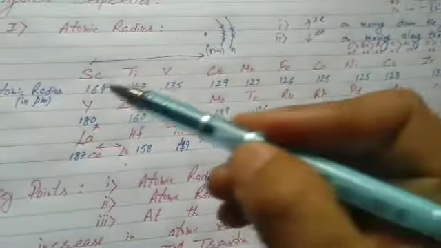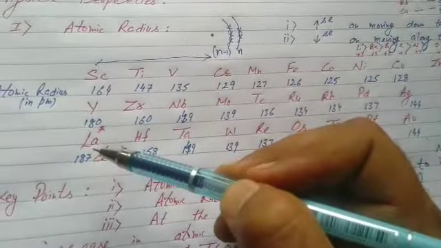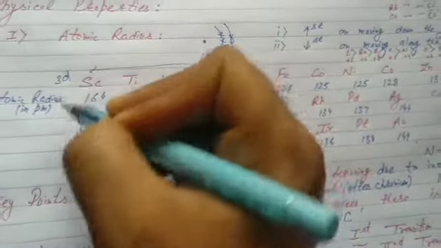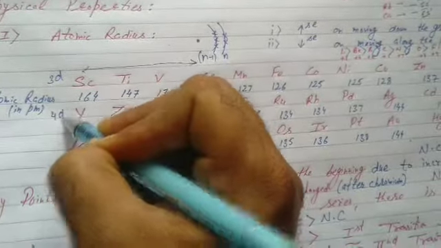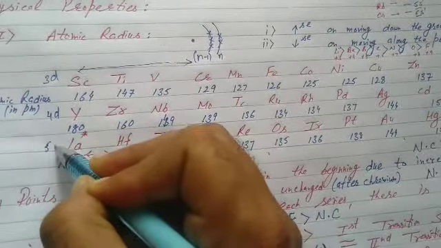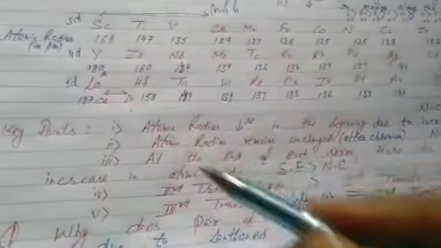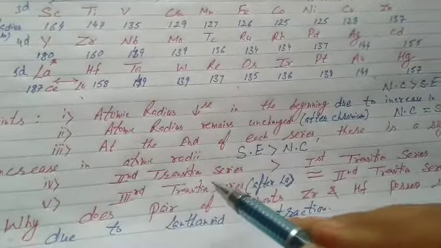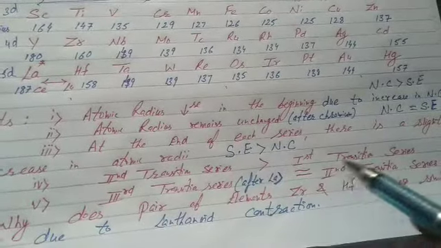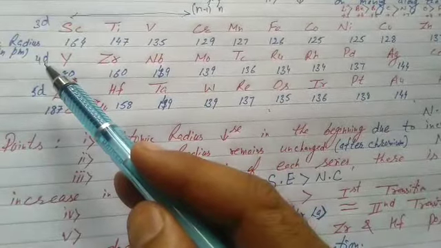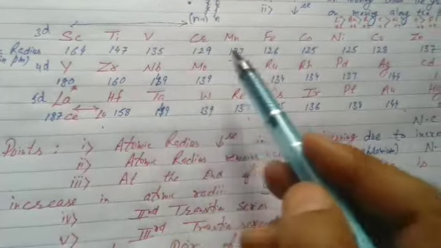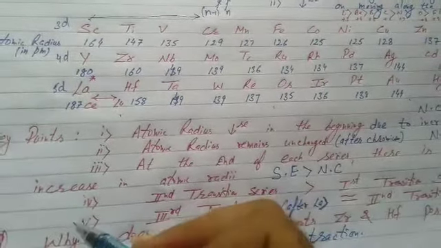Now students, when we compare the atomic radius of first, second and third series, all of you know in the first transition series, electron goes to 3d subshell, in second 4d subshell and in third 5d subshell. The key points, the basic 3 points we studied. The fourth point is the atomic radius of the second transition series is greater as compared to that of the first transition series. It is clear, in the second transition series electrons go to 4d subshell, hence their radius is more as compared to the first transition series.